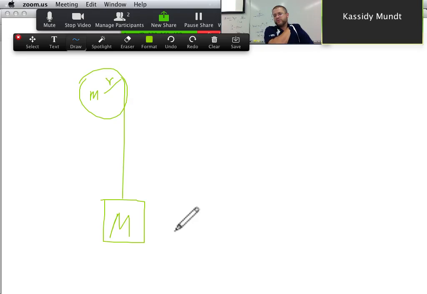Okay, so one of the things that's important about this is to recognize the fact that you're going to have to accelerate this mass up here rotationally. There's an alpha for this pulley. And that means that there's going to have to be a torque to cause that alpha. Forces cause accelerations, torques cause angular accelerations. And torque is equal to I times alpha, right?